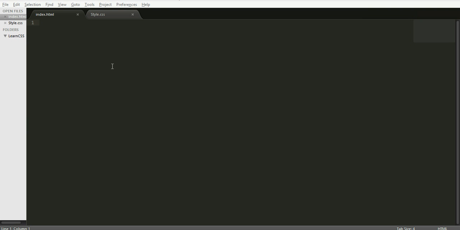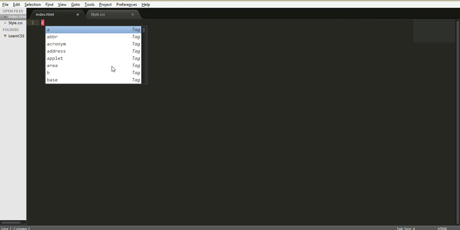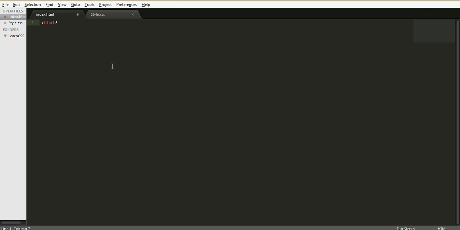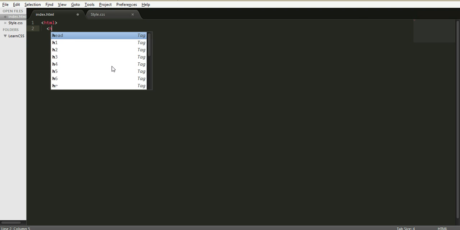Today we'll work with div and classes. So let's go ahead and create an HTML page first, and further we will attach a CSS file with this. So this is HTML head